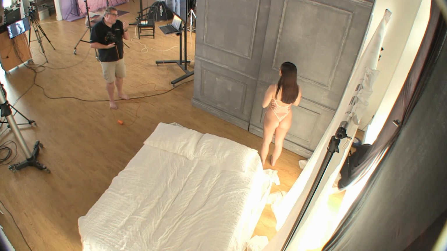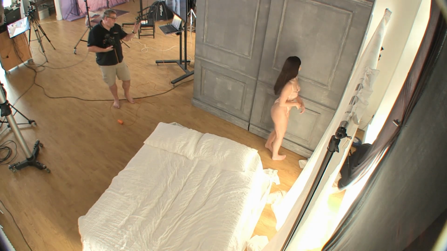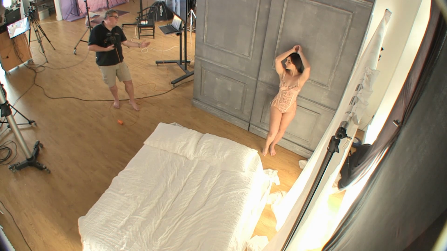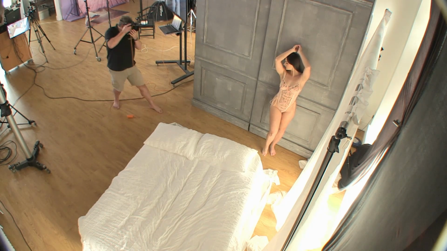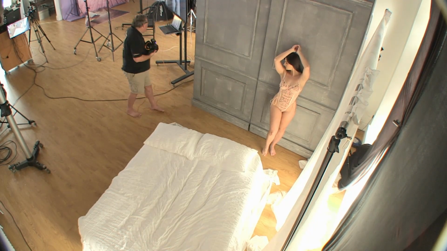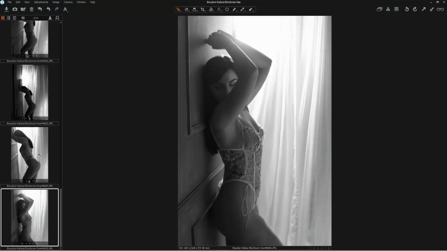Let's just turn our back to here, please. Your back fully onto the cupboard. That's lovely. Let's pop the hands up quite high. That's lovely, looking down towards the floor. So we're not going to have any light onto Kelsey's face. Okay, so it's almost a semi-silhouette, but we've got this lovely light coming through